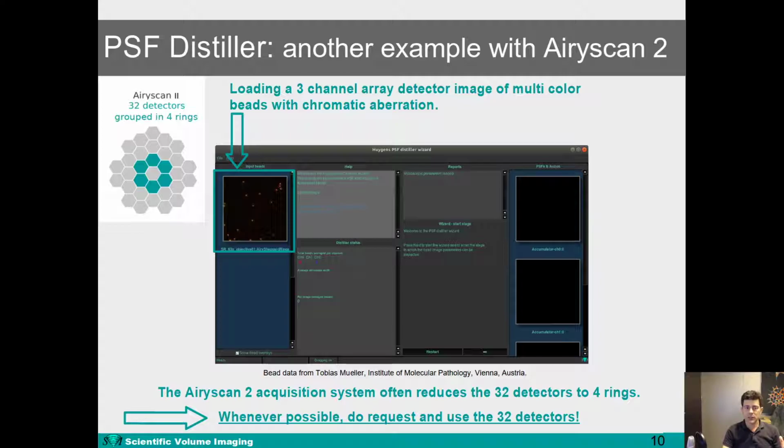So let's now look at another example, this time with Airyscan II. So here the PSF Distiller is again working on a 3-channel image of multicolor beads, but this time acquired with the Airyscan II system. This system also uses a layout of 32 detectors which take 32 independent images. The acquisition system, however, groups the images from the 32 detectors into 4 concentric rings. Therefore, this single image